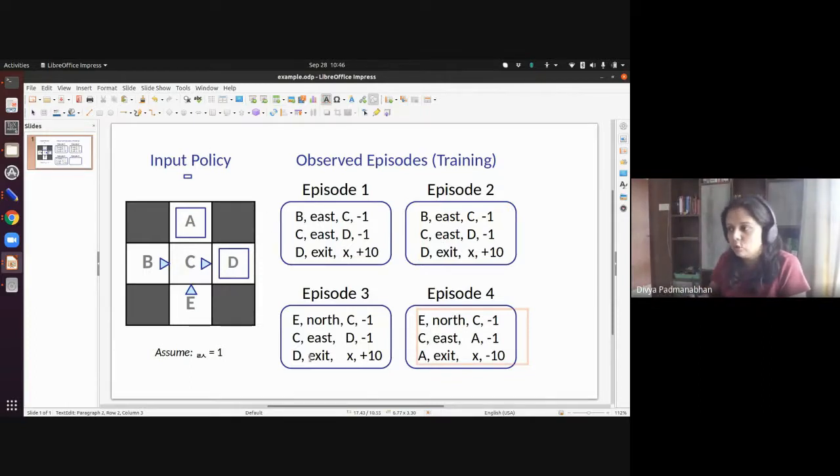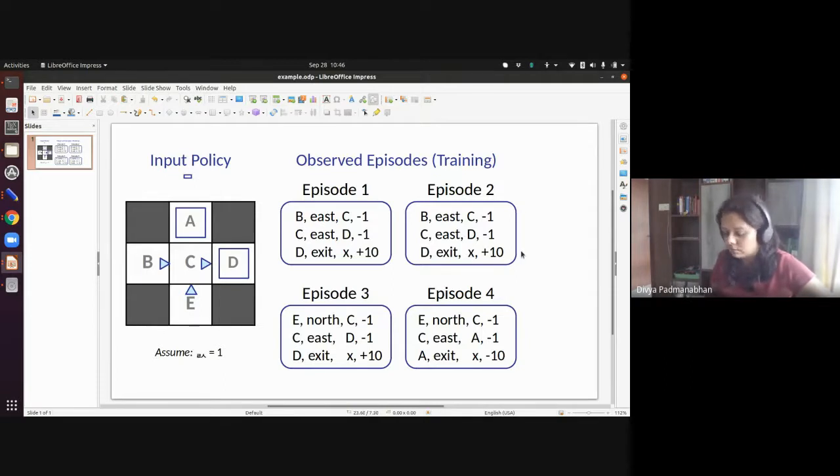So in C, there's something you also have to make use of, the other states, right? One thing Tanuja said was between D and A, we know that D was a good state. And at C, we know there were these actions. So in C, you go east, three times you hit a D and a +10. And one time, even though you took an east, you went to A, right? This is where the transition probabilities come into the picture, and you got a reward of -10. So there's something you can say about all these intermediate states as well.